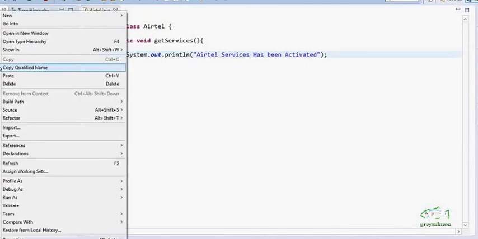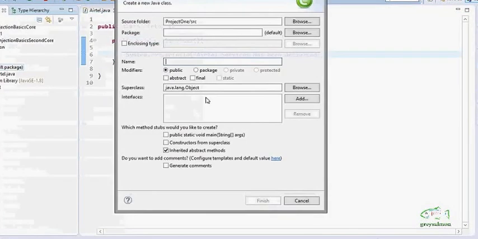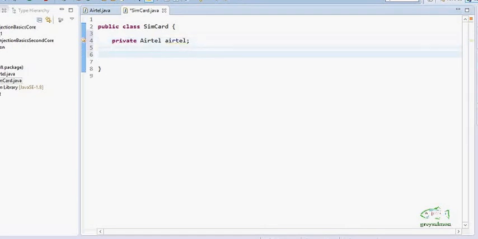Now in the same file, I design one new class known as SIM card. This class SIM card is providing the services of Airtel, so it should acquire the object of Airtel first to provide the services.